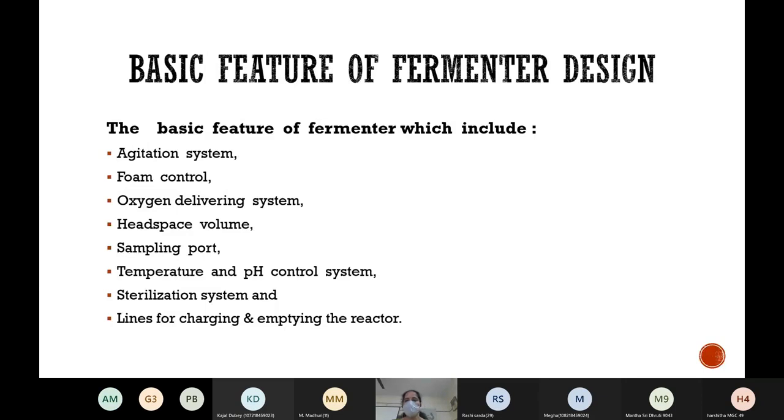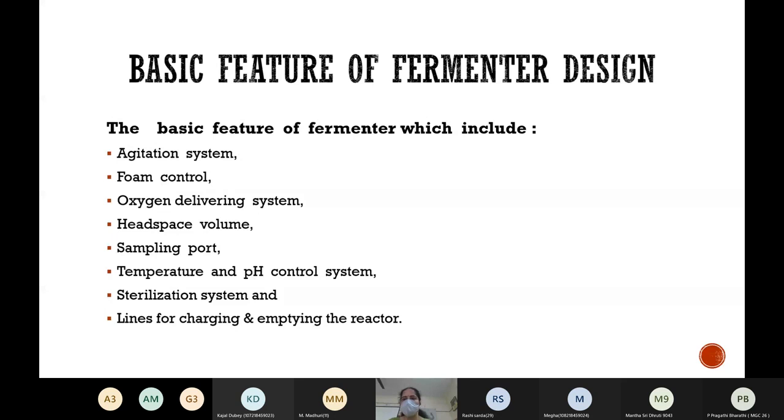Lines for charging and emptying of the reactors. For loading and emptying the reactor, proper continuous lines, pipes and connections should be there. So these are the basic things which should be there in the fermenter design. So we have seen...